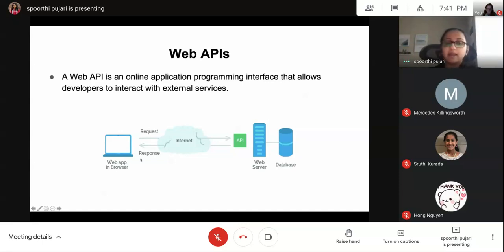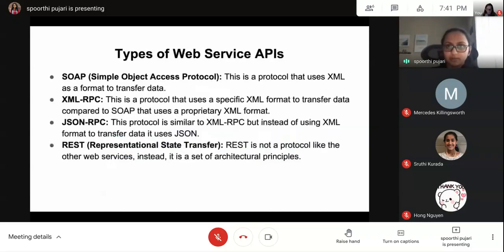Almost every app out there uses APIs. So this app sends out a request, and my web server will check the contents in this request and then respond back with whatever was requested by the app. So there are different kinds of web services. Each server can configure and expect the way we talk to be different.